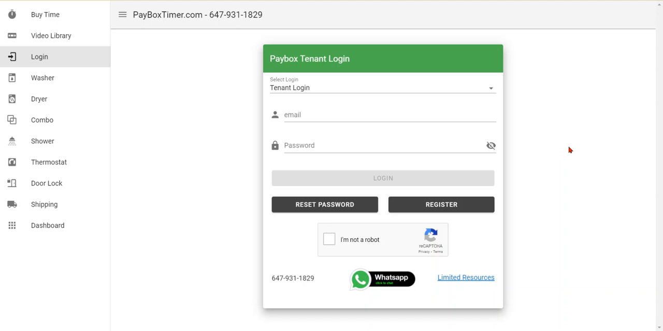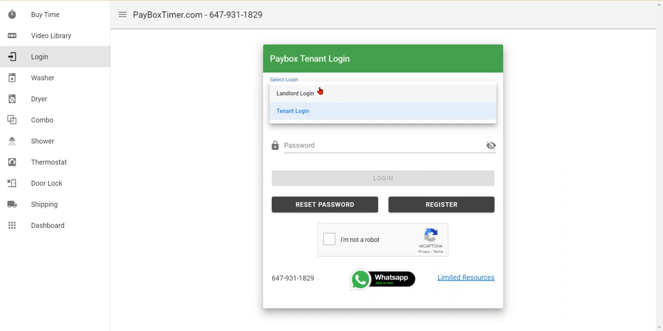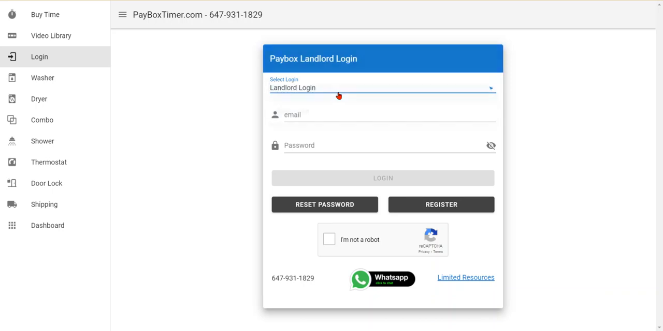Now this is a demonstration of how to register as a tenant with our platform. You simply go to the login screen. You are not a landlord, so you are a tenant. You select register,